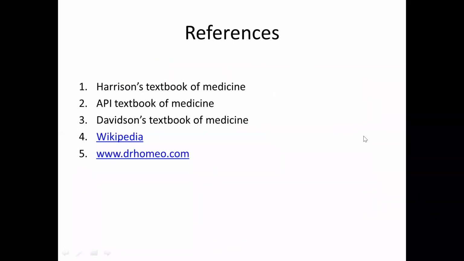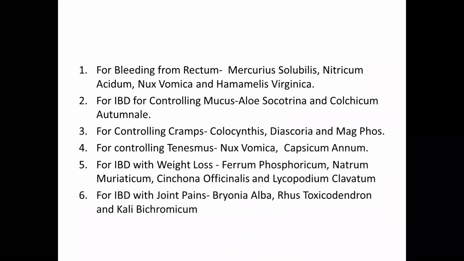So this is all about inflammatory bowel disease. These are the references that I have used for making this lecture. This lecture covered inflammatory bowel disease, its introduction, etiopathogenesis, pathology, clinical classification and management. As this is a vast disease because it includes two conditions, but still it is very easy. The only thing you should remember is that you should clearly distinguish between ulcerative colitis and Crohn's disease.